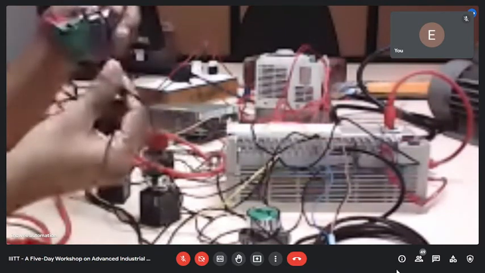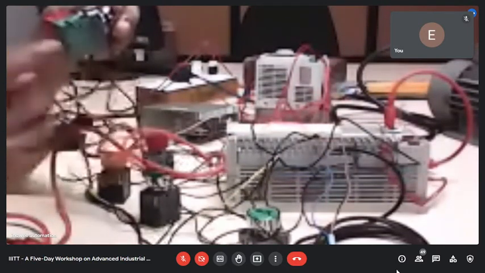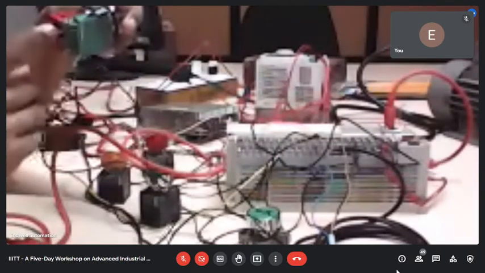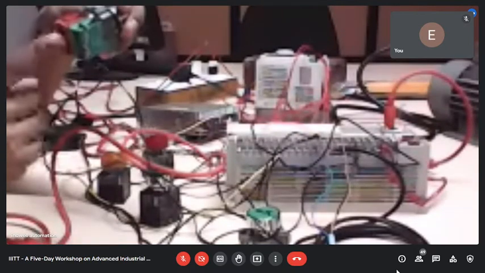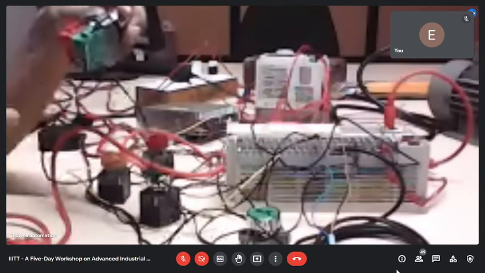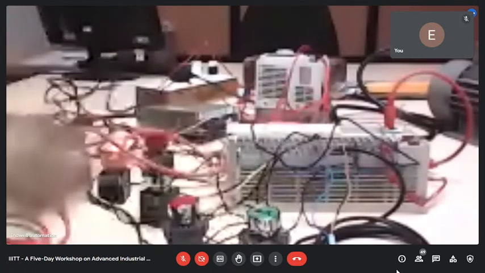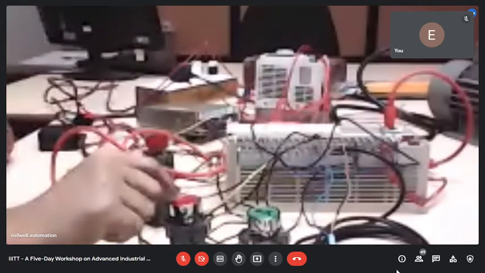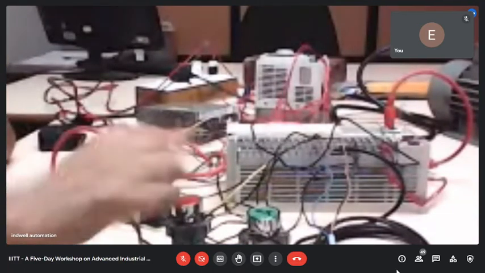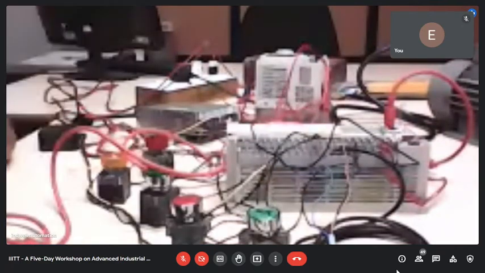You can see this wire I have connected to the green contact. Green contact is NO type. I have not connected to the red one. If I connect to the red one, then I will have to change my program. So both are NO type.